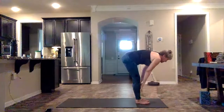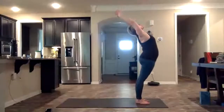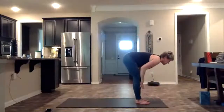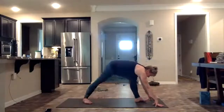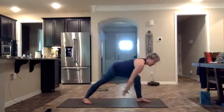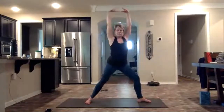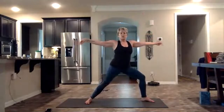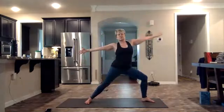Fold, reverse swan. Reach it back. One more time. Open heart. Dive it down. Fingertips. And fold. Right foot back. And stepping into warrior one. And warrior two. Now here, in warrior two, we're going to reverse our warrior and back into warrior two, side